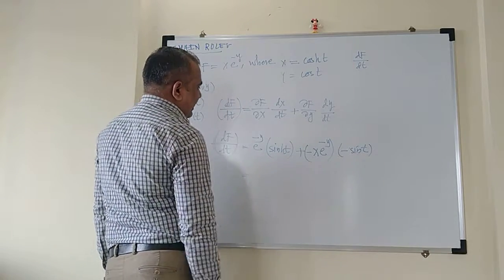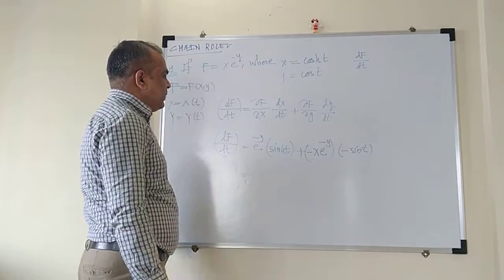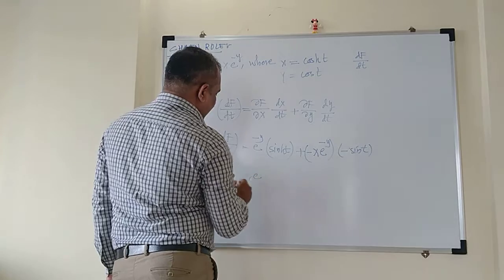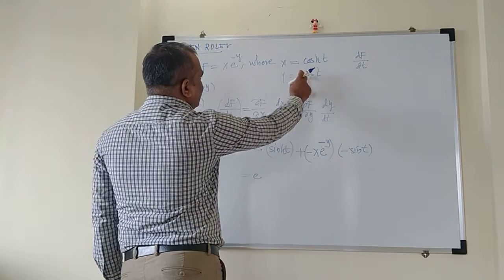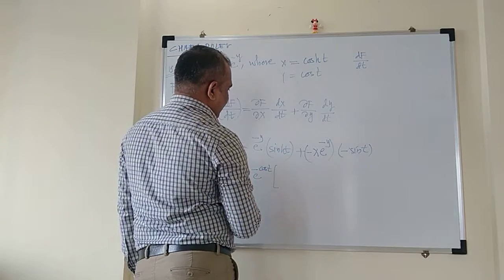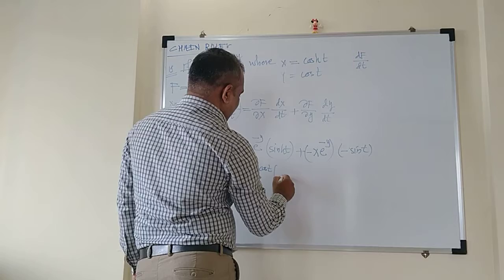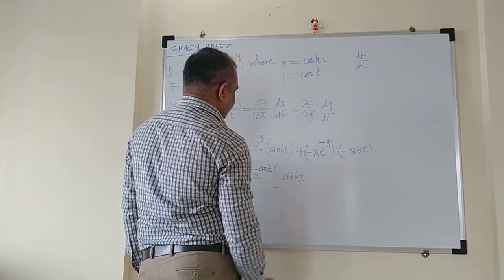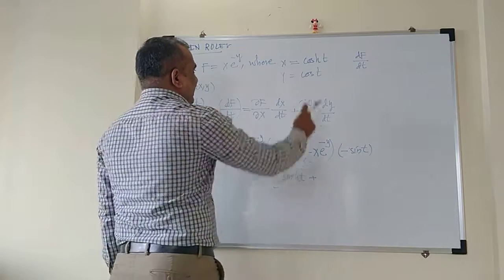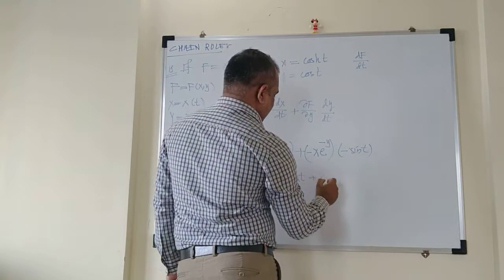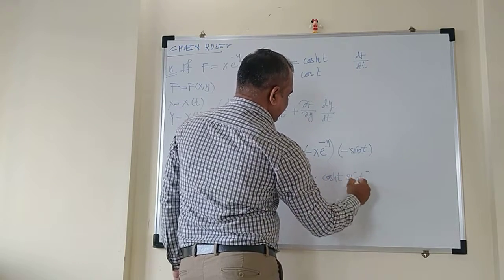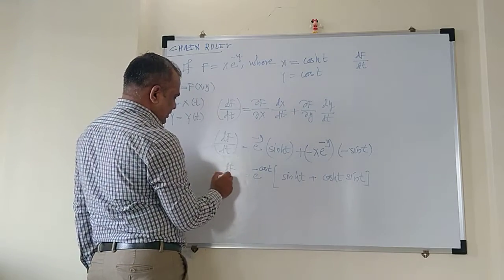Now if you simplify, and how to simplify, just put the values of y into the formula and you can take out e raised to minus y common. So let me write directly, e raised to minus y is cos t, so it is e raised to minus cos t outside, and inside the bracket from the first term you will get hyperbolic sin t plus x into sin t. Now what is the value of x? X is hyperbolic cos t, so this is hyperbolic cos t into sin t. So this is the answer for this problem.